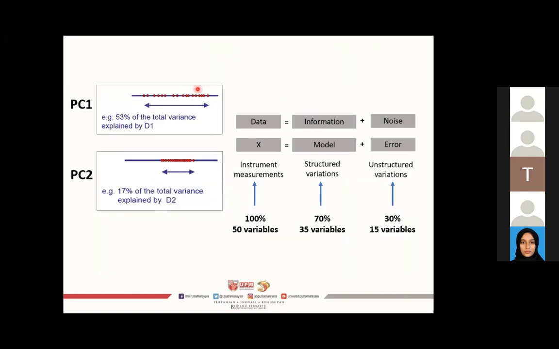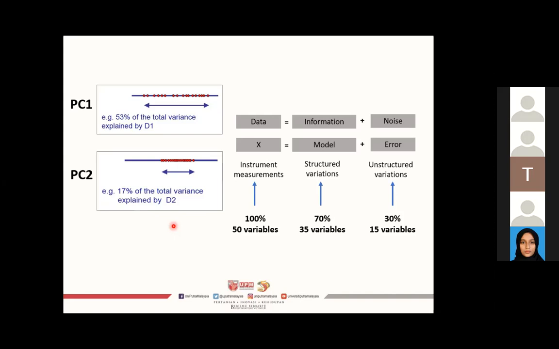If you compare both PCs, we see that the red objects from PC1 are more spaced out than the red objects from PC2. This is why the explained variance of PC1 is larger than that of PC2. PCA always tries to find the maximum variance in the first component, and then finds other PCs to explain more variance.